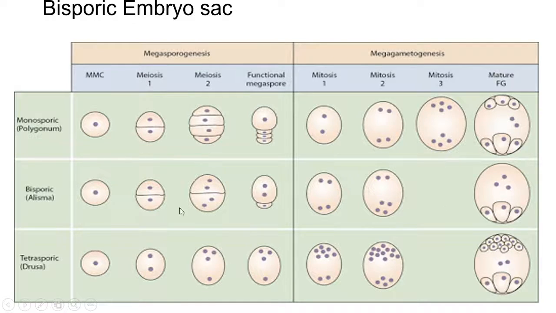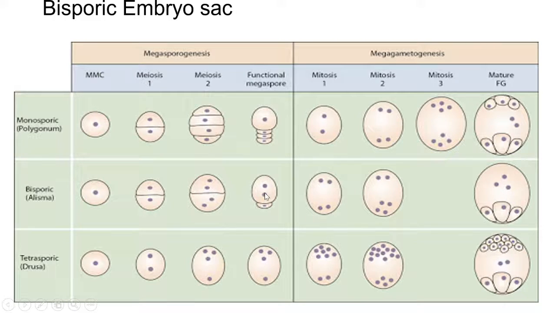The megaspore mother cell divides by meiosis first to produce a dyad. The dyad cells do not show wall formation after meiosis second. Hence they form a chalazal dyad and a micropylar dyad. Out of this, only one dyad remains functional and participates in embryo sac development. In this diagram, the lower dyad degenerates, and the upper dyad takes part in the formation of the embryo sac.